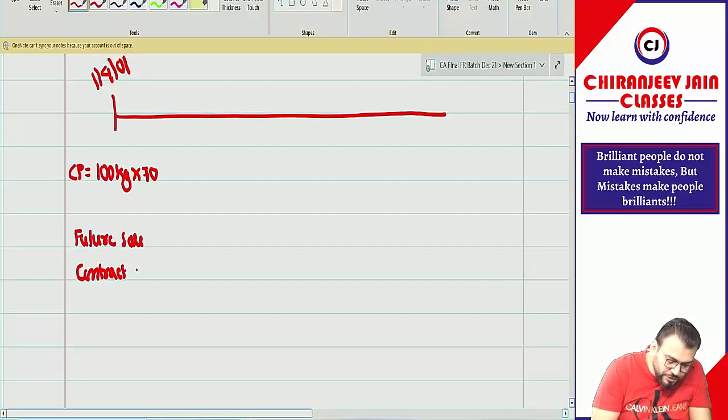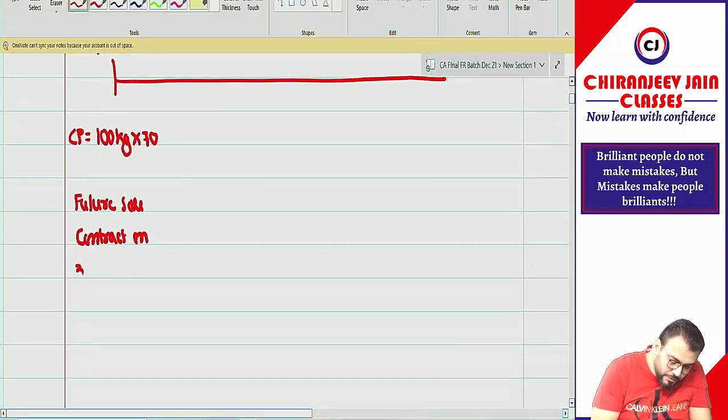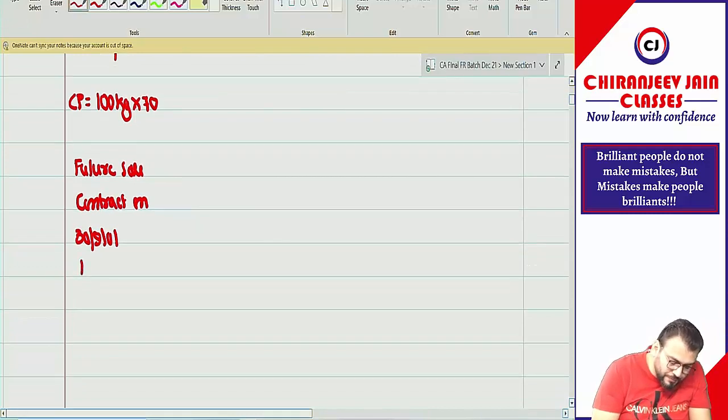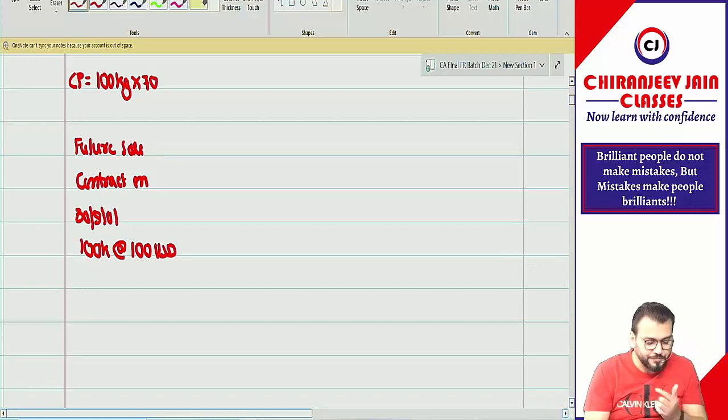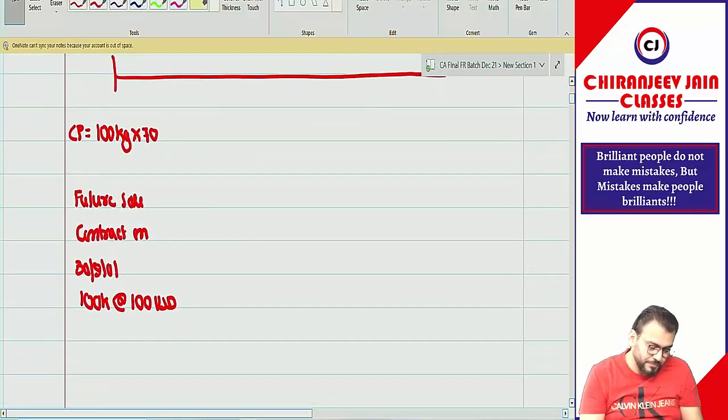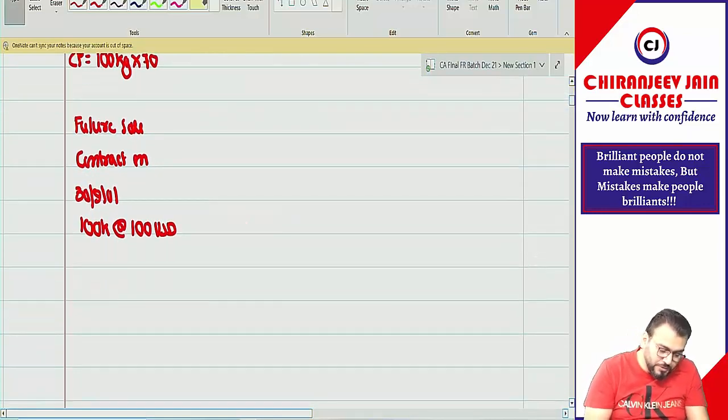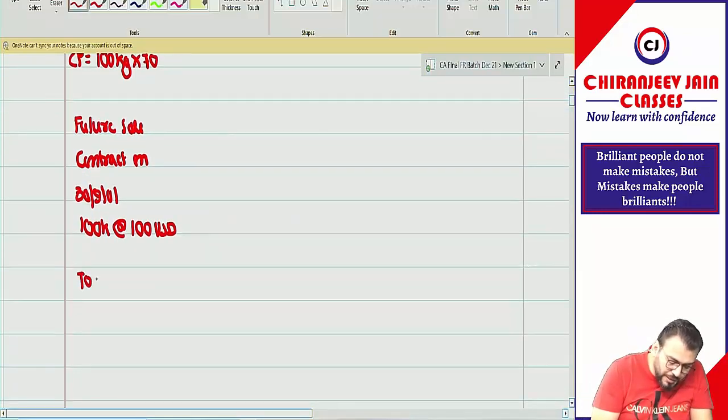Which will be on which date? 30th September 2001, to sell at what? To sell 100 kg at what? 100 USD. 100 USD, correct? Got it? Yes, sir. Now they have entered into a forward contract to sell or buy,